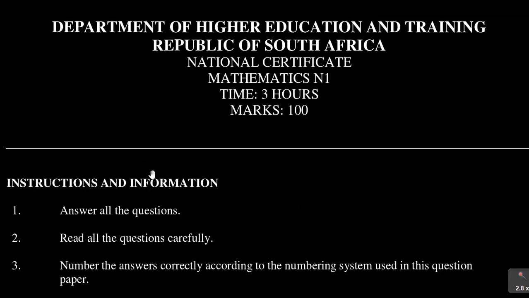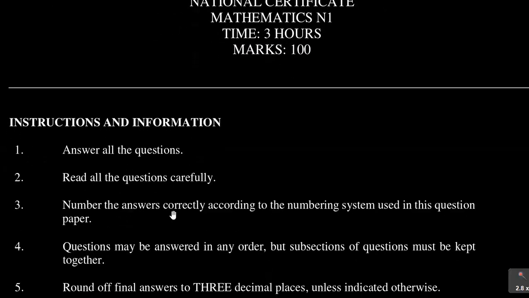Now let us look at a few instructions. As I said, this is a Department of Higher Education and Training national certificate. It is Mathematics N1, and it is a 3-hour paper. The mark allocation for this particular paper is out of 100. And looking at a few instructions,